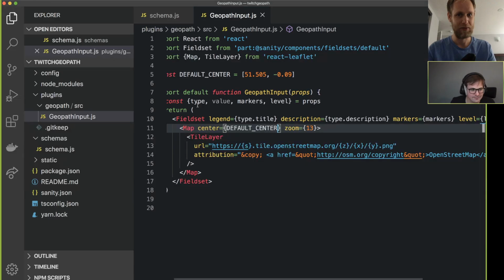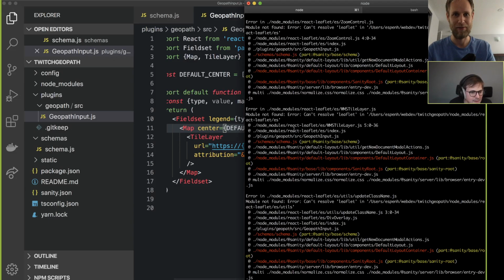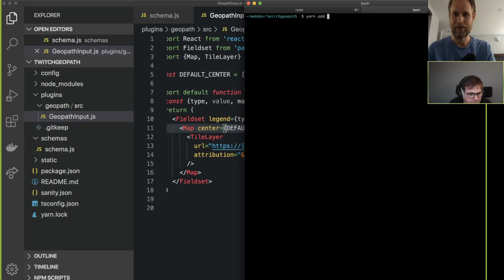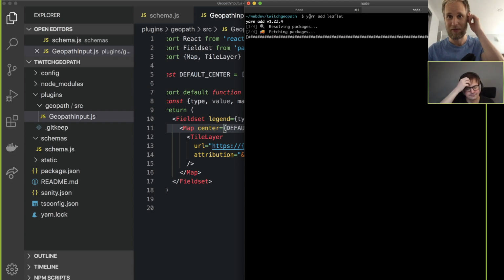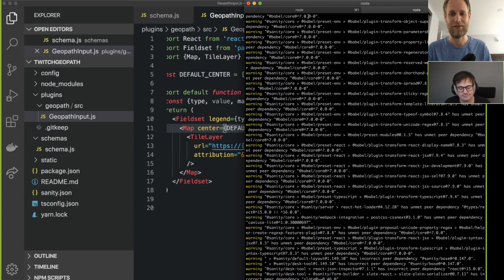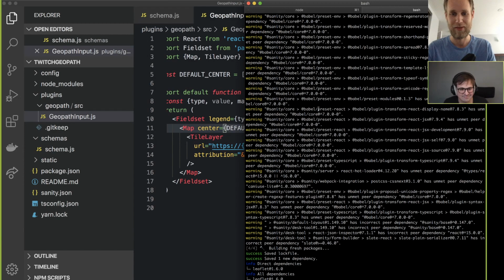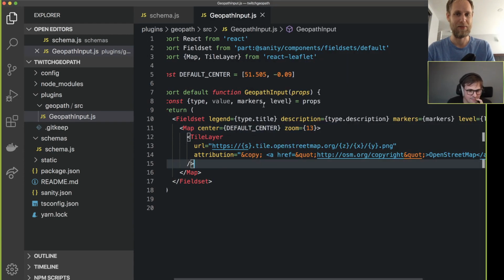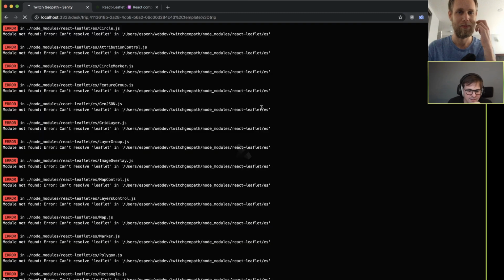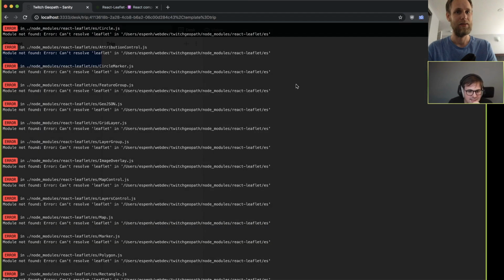Oops, can't resolve Leaflet. Okay, so I need to install Leaflet as well. Let's go over here. I'm using Yarn instead of npm right now, because internally Sanity uses Yarn to install dependencies, and so it creates fewer issues when you install using the same package manager. That's something that we might want to look at at some point, I guess. Yeah, it's not an easy problem to solve, but